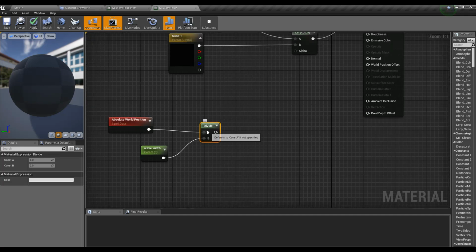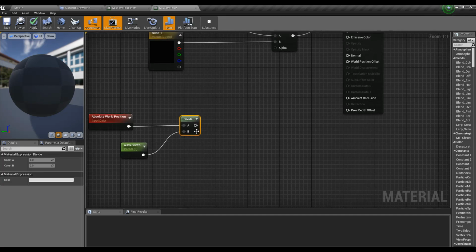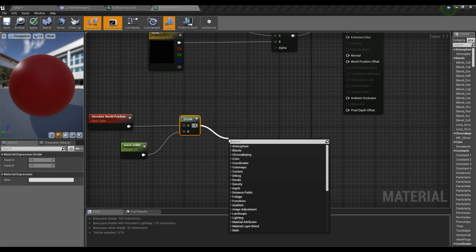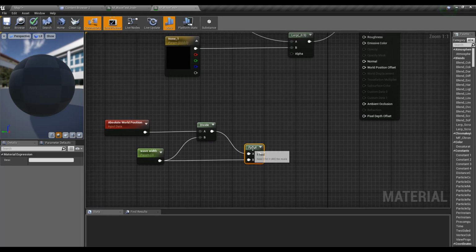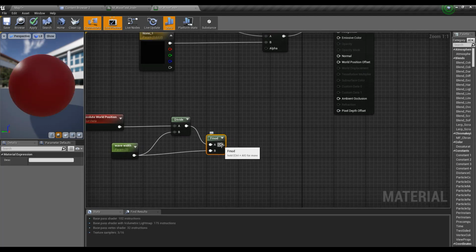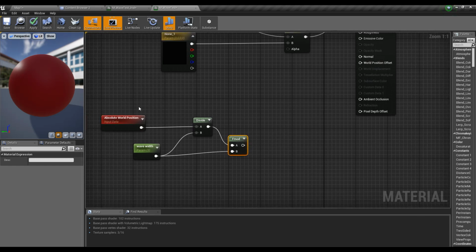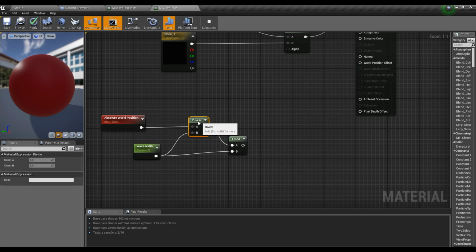Then with the divided value, I'll get the FMod, or the modulus, by the same wave width. The reason to do this is